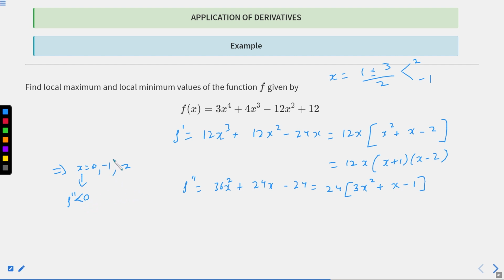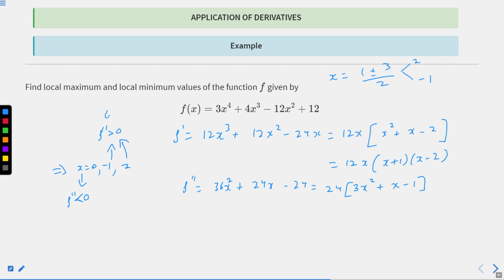Okay, now f of minus 1, f double prime of minus 1. So minus 1 minus 2, this will be 3, this will be positive. So f double prime will be positive here. What about 2? If you put 2, it will be 9. Okay, it will be positive. It will be 4, 12, 12 plus 1 will be 13. So positive. So here you also get the same sign.